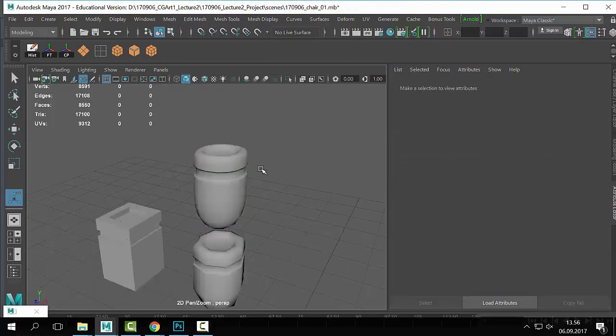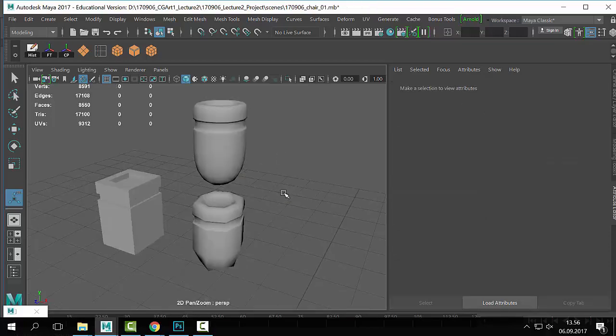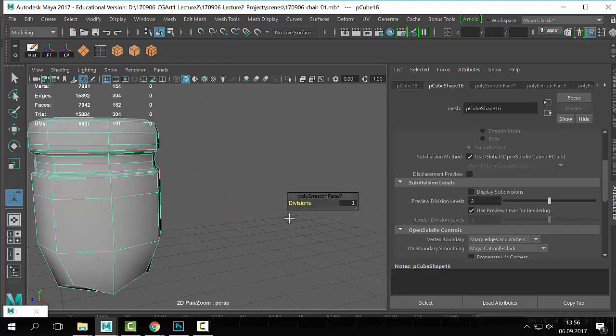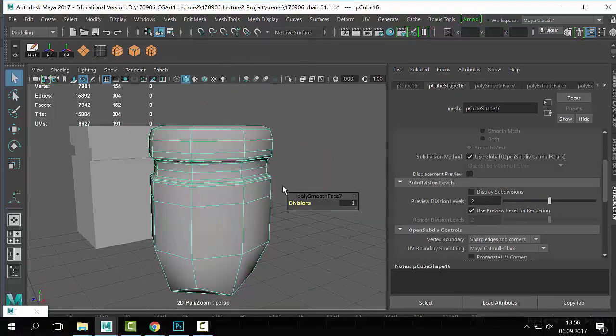You can decide that later on. But initially in the production, I'm just committing more to the shape, and here I have more polys to work with. So I can do things like